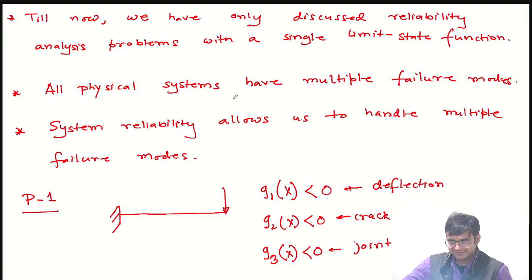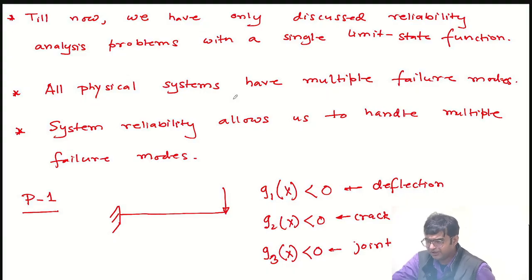Any of this, right? If it fails because of deflection, the system has failed. If it fails because of crack, the system has failed. If it fails because of joint, the system has failed. And if it fails for any of those, the system has failed. You agree? Such a system is known as a weakest link system, because it will fail through the weakest link, or the series system,